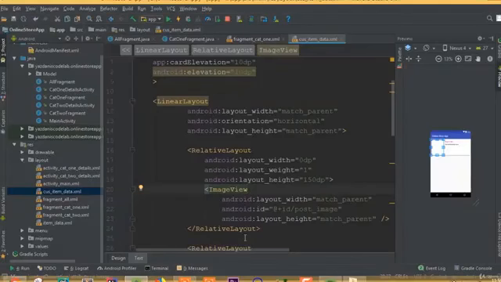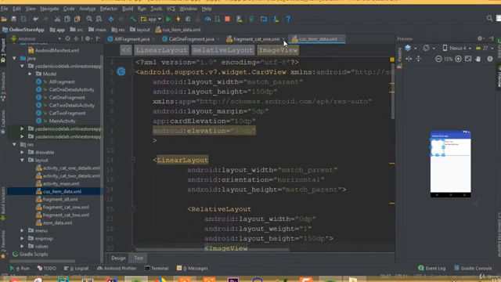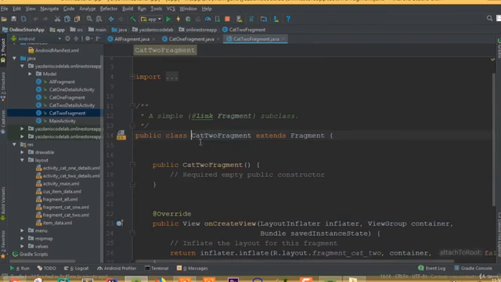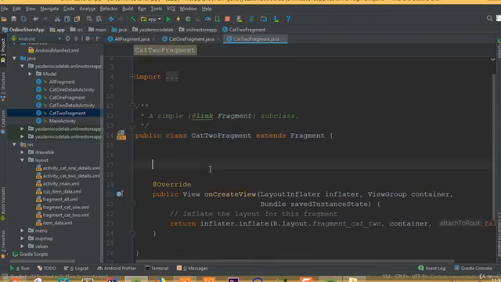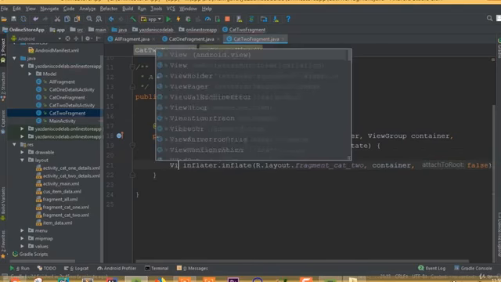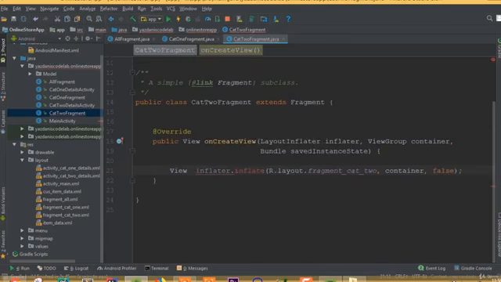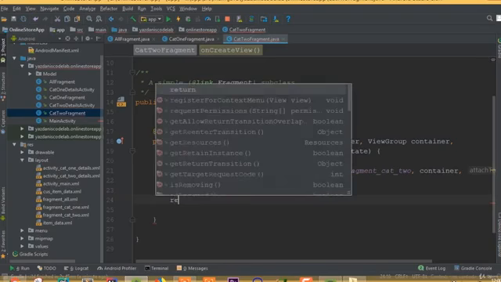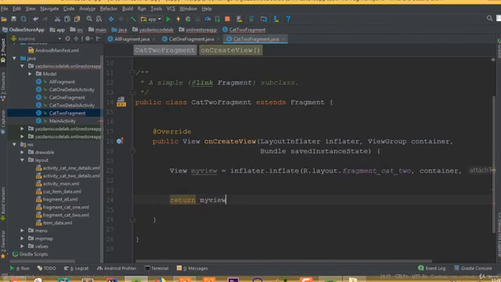Welcome back once again. In this part we will retrieve our cat 2 category 2 data, and we will set this data to our cat 2 fragment. So now we need to open our cat 2 fragment, remove this constructor, we don't need any constructor, and remove this comment out, and we need to add object of our view class. So view is going to be, we can call it my view, and now we need to return this my view. So return my view,